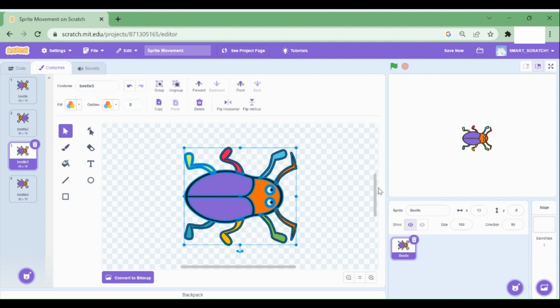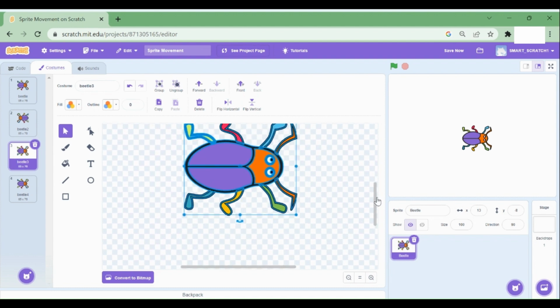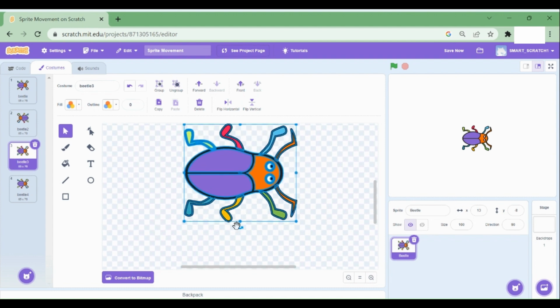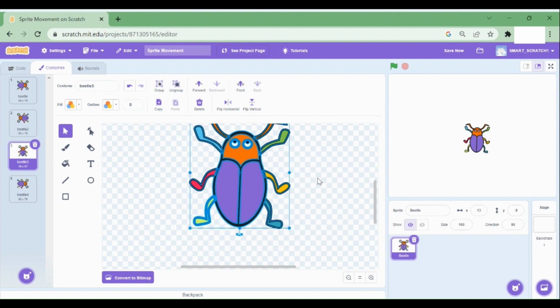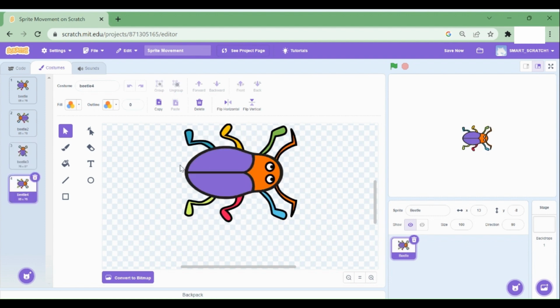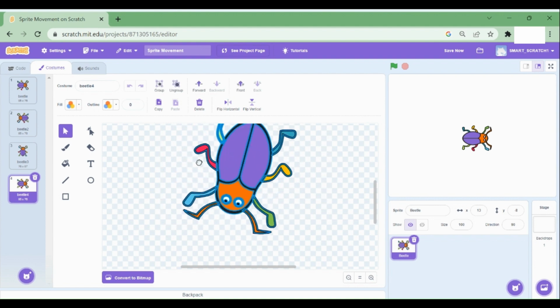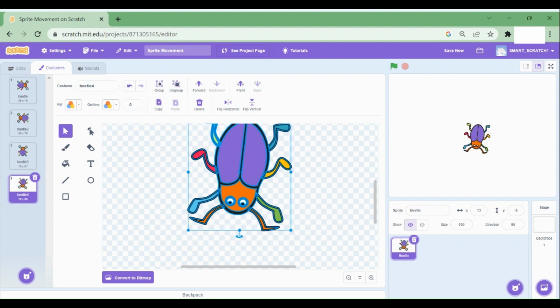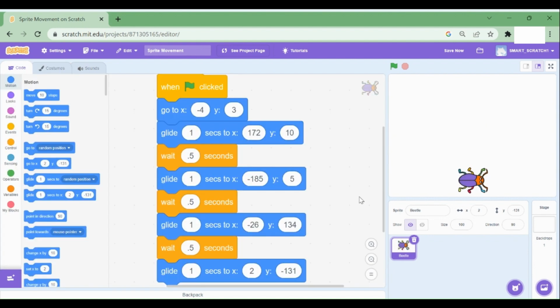Okay, so we can't make it flip vertical, but we can rotate it. So I'm going to rotate it like this and drag this invisible rectangle and rotate it down. So now that we have given costumes for the beetle,